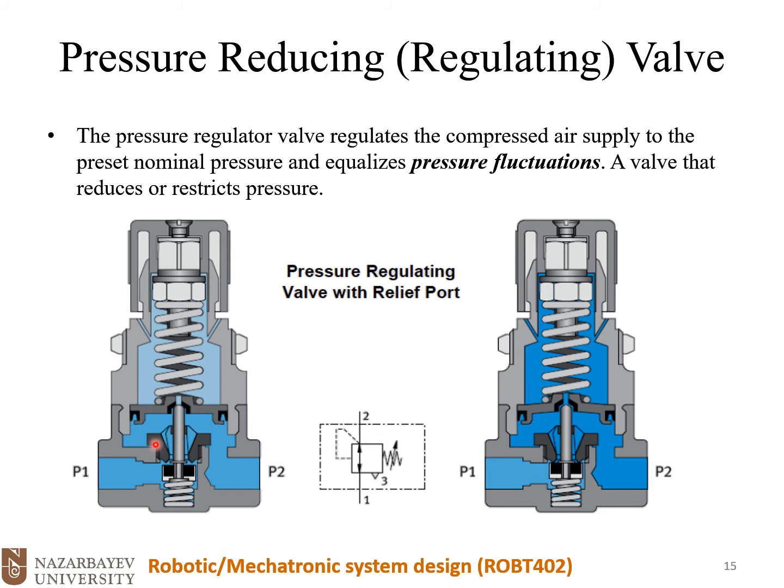But what happens if this pressure increases a lot? For example, we want to have 6 bar at the output, but for some reason the pressure at the input goes to 7 bar. Of course, this spring is not designed to drop the air pressure by 1 bar. 1 bar is too much. So how could we then decrease the pressure and regulate the output pressure? There is no way